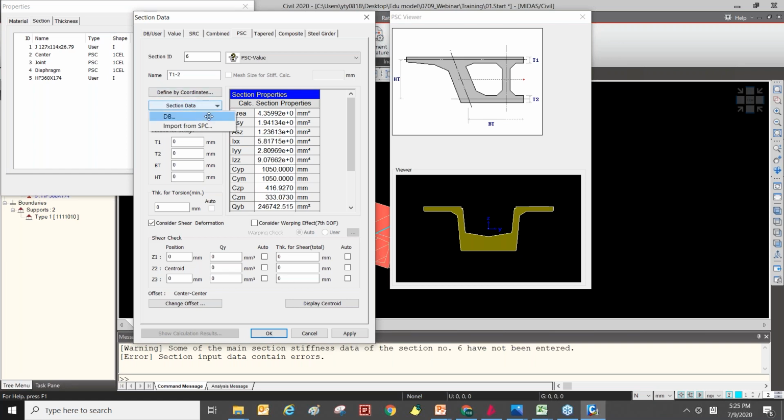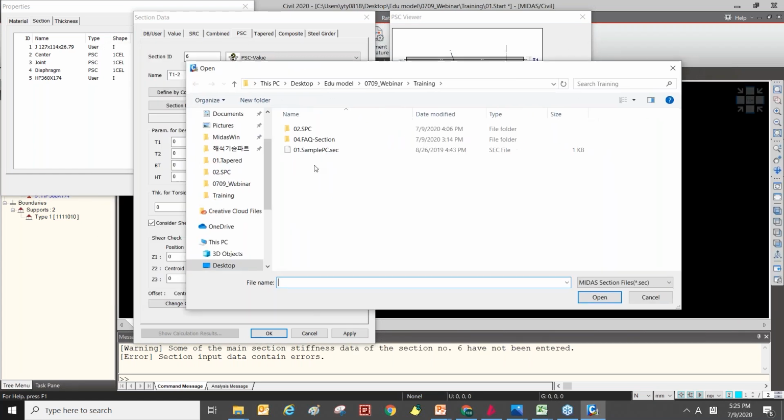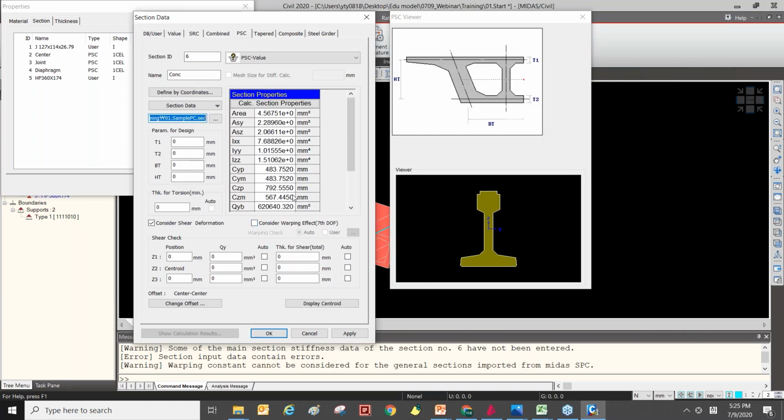Yeah, and the next one is import from SPC. So you can import a section file directly like this. And also it has the shear check and thickness for torsion option.